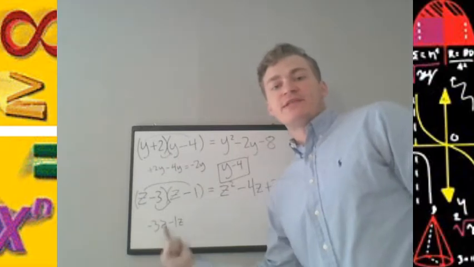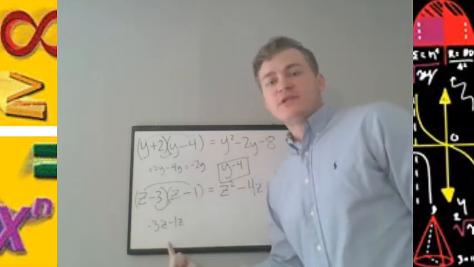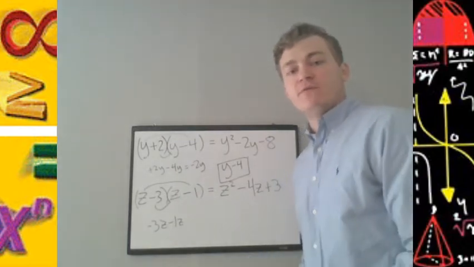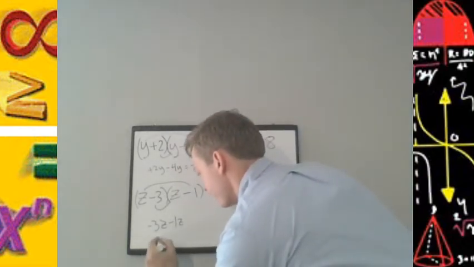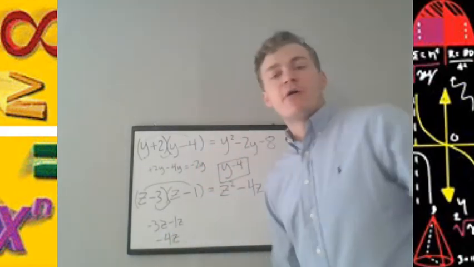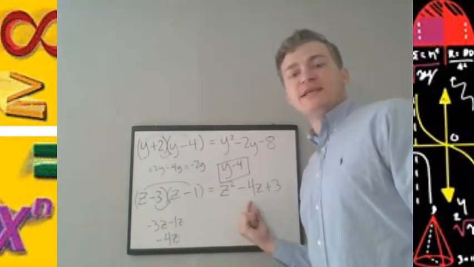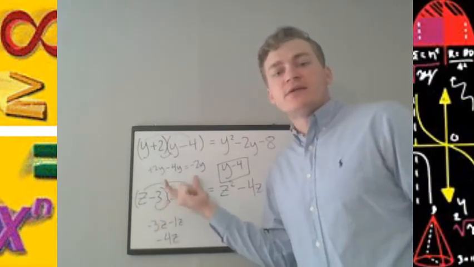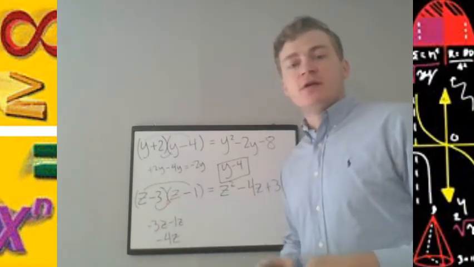So a negative 3z minus 1z, if you combine these two, a negative 3 combined with a negative 1, you get negative 4. So our middle term here, negative 4z, is the result of combining the inner product and the outer product from